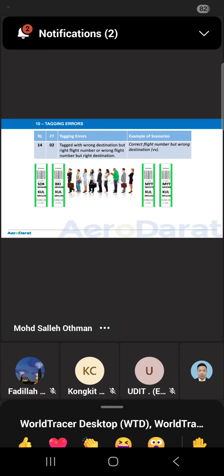Number 14, Port Terminal 02: wrong destination but right flight number, or wrong flight number but right destination, vice versa.